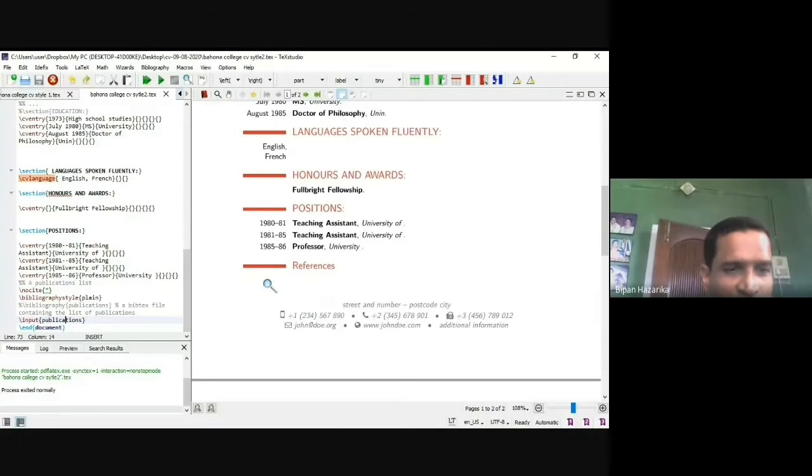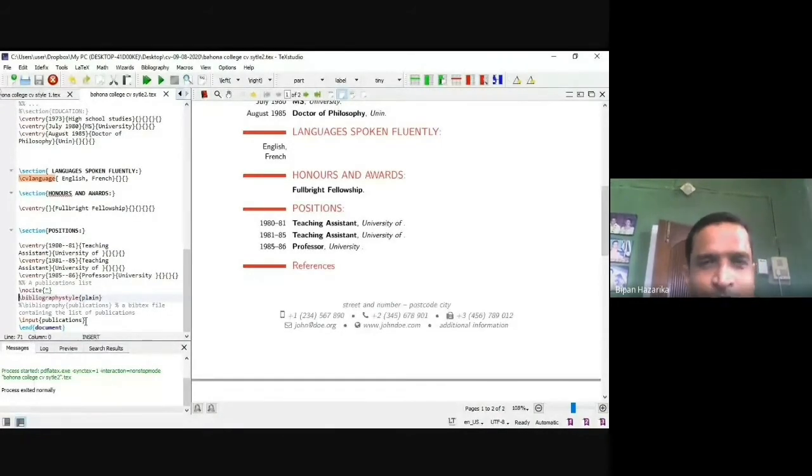So here is a bibliography. That means in plain way the bibliography has been shown. So bibliography, that means this command input publication, that means the publication list is already in this file. You make a folder in your CV and you put all the things, photography, list of publications.